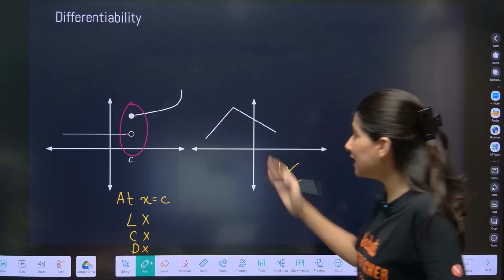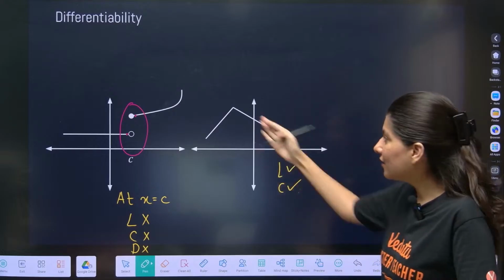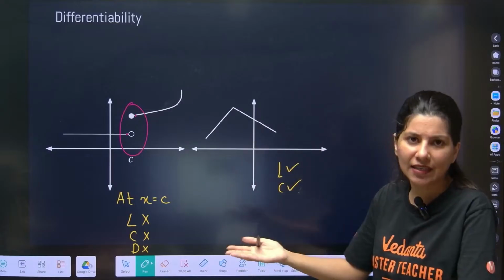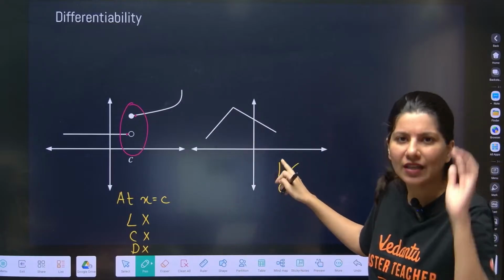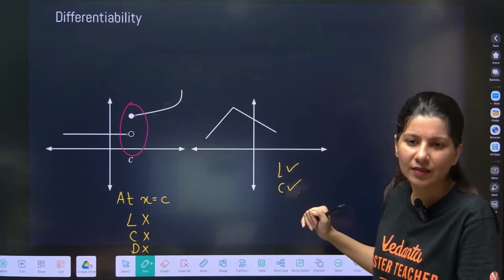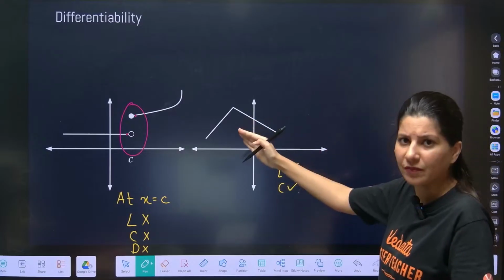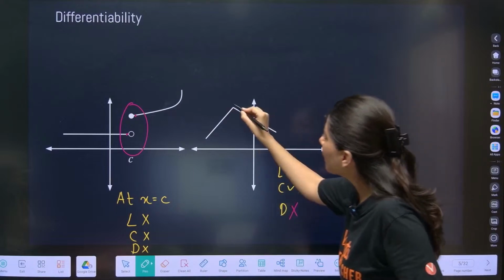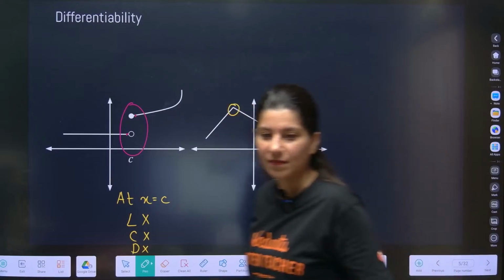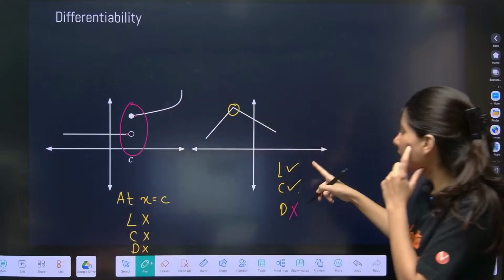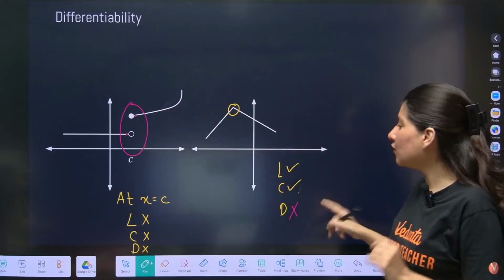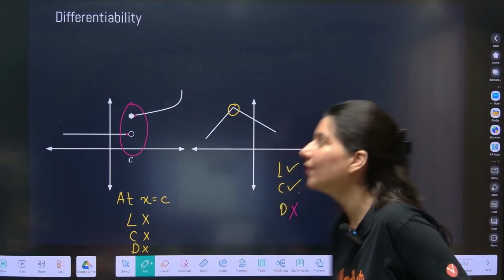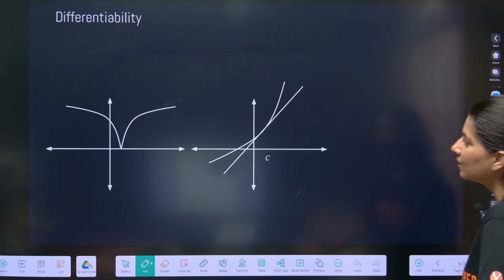The function is continuous as well. Now understand, we can clearly see that the function is continuous. That means for sure the limit should be existing. If it is 10th pass, then we can assume that 9th must have passed. Visually we can see. But differentiability does not exist. Why? Because of the sharp corner. So this is limit exists, continuous as well, but non-differentiable. In the previous graph, limit, continuity, differentiability, all three are not existing. What about this graph?